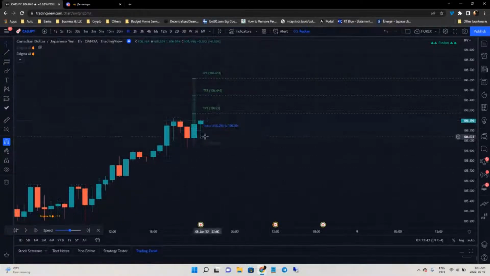Okay, so the trade comes in on the previous candle, so that's the midnight candle. And at 1, you're going to receive the alert saying that it's a buy setup. And you're going to have your entry, your TP zone, so you have TP1, TP2, TP3, and your stop loss.